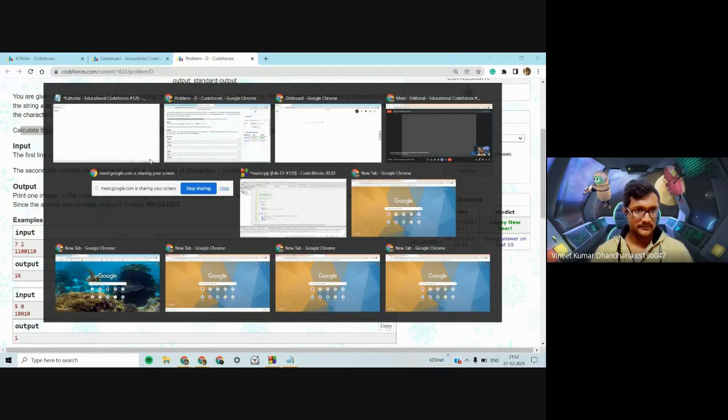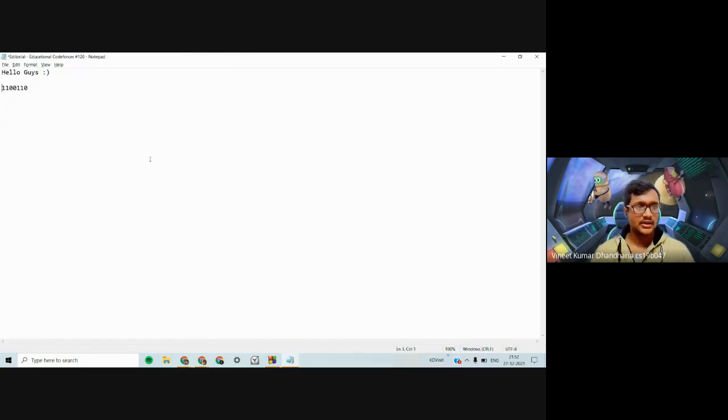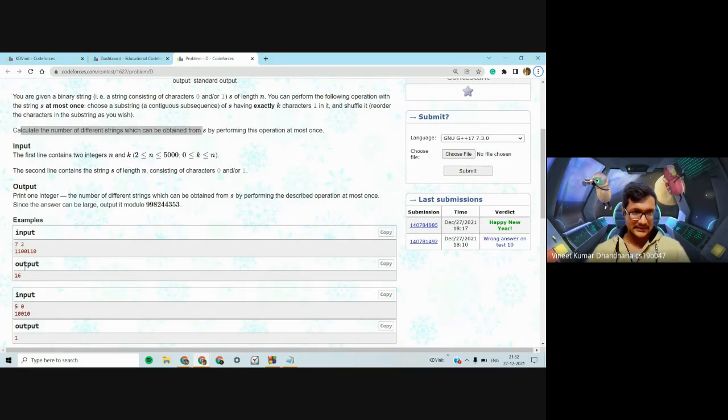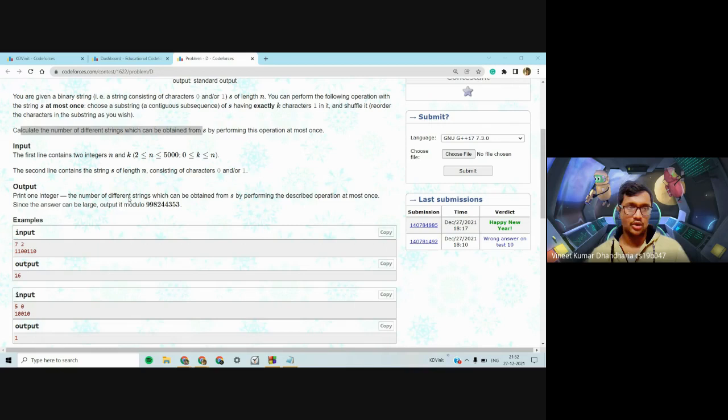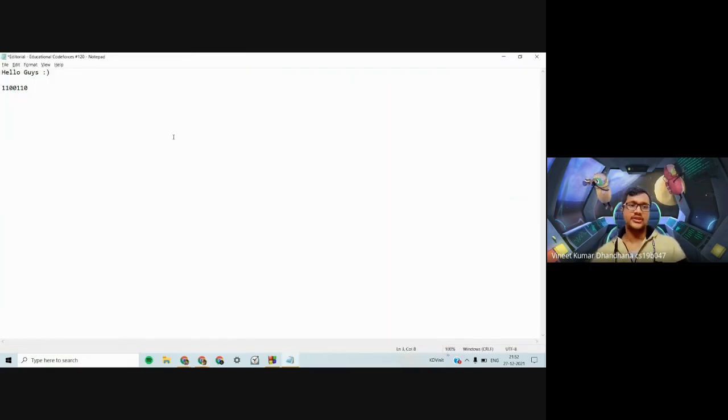You can take any substring which has exactly two ones. So you can take this, this, or this. You can take this substring, and you can also take this substring. So you can take all of these substrings and shuffle them as you wish. You have to find the different number of strings that are possible.